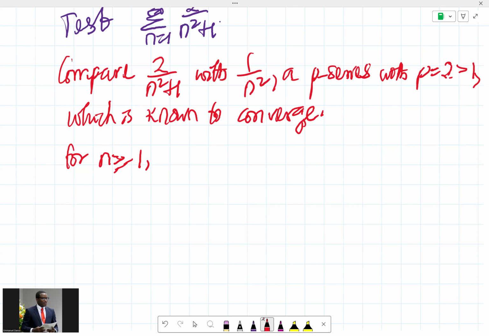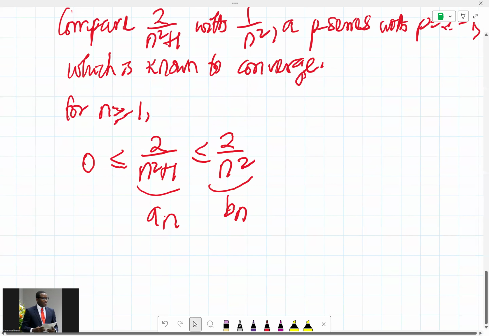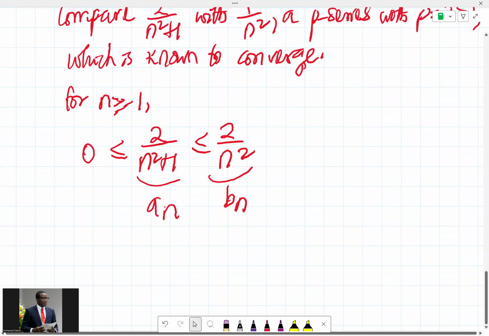So in that case, we can say that 2 over n squared plus 1 is less than or equal to 2 over n squared. The original thing we're given is this one, so this is more like your an, and this is more like your bn. And this expression is true because